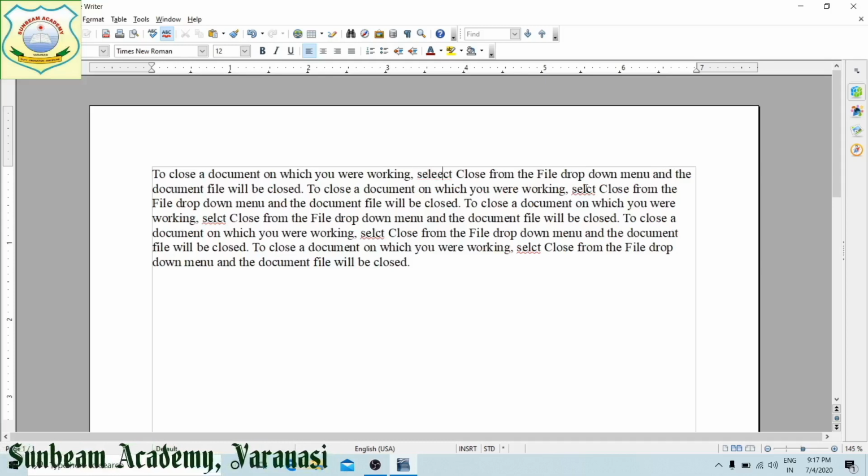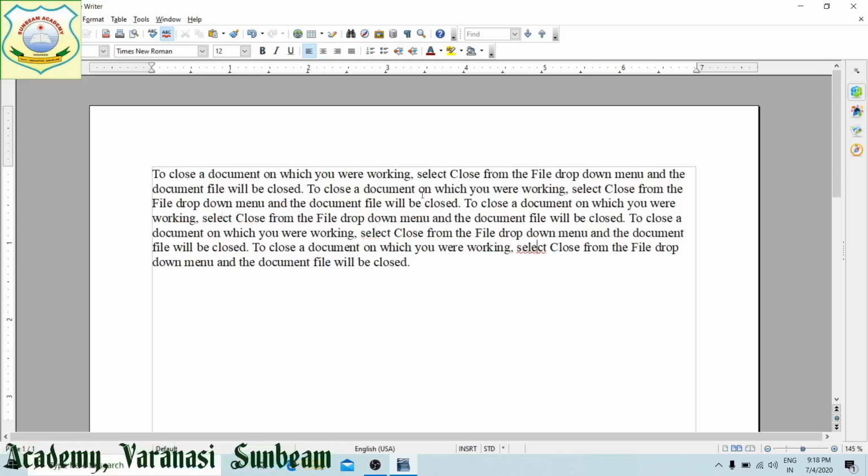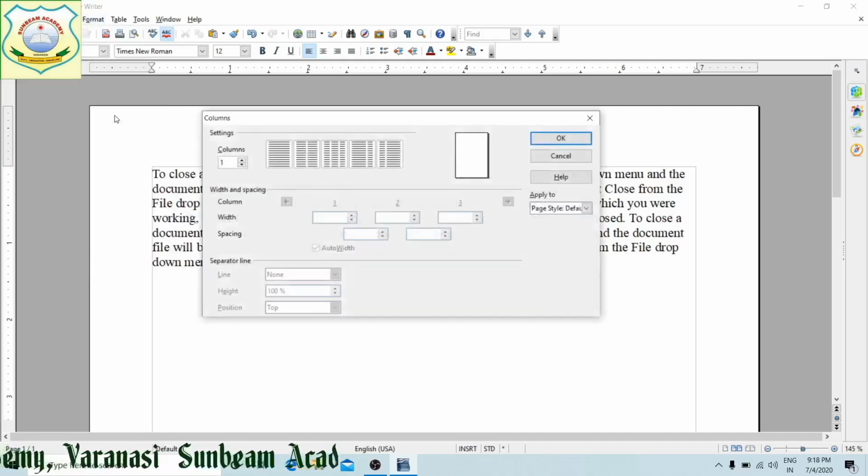How will we see it? Now, format column. When we come to the format column, these columns we can see, we can increase the columns, how many columns you need.